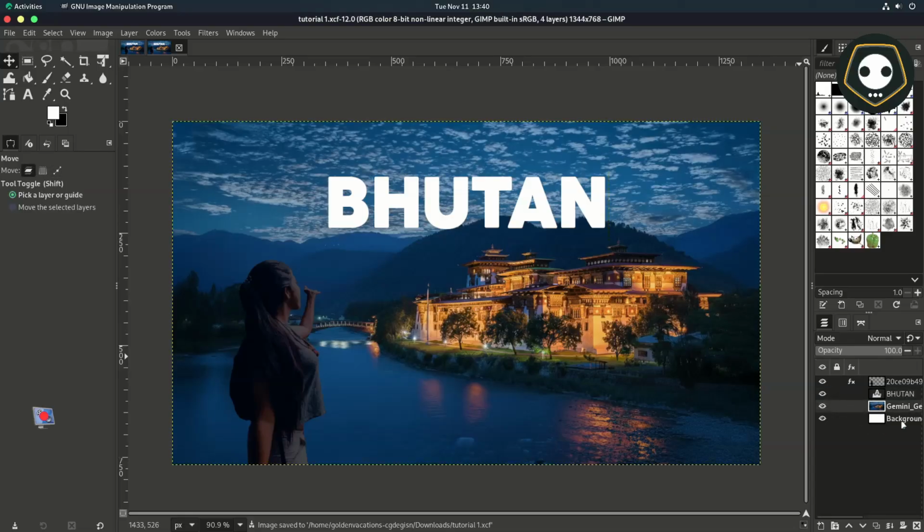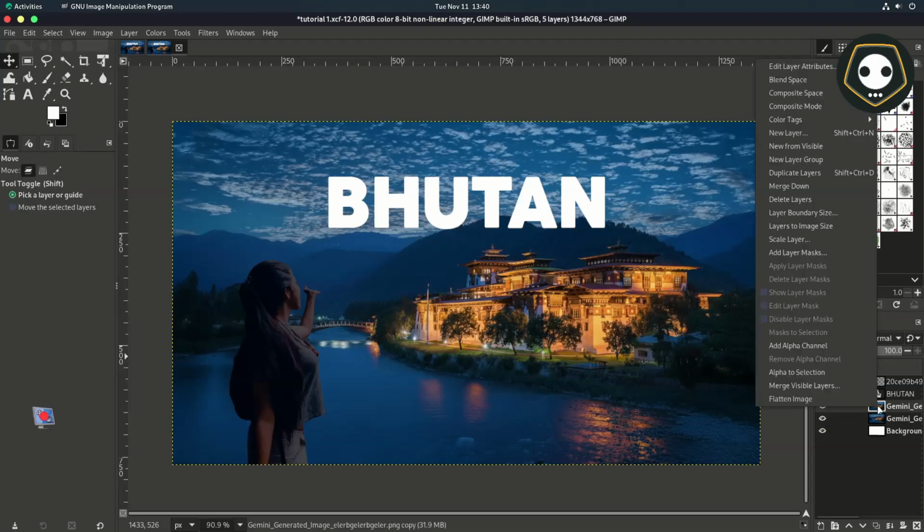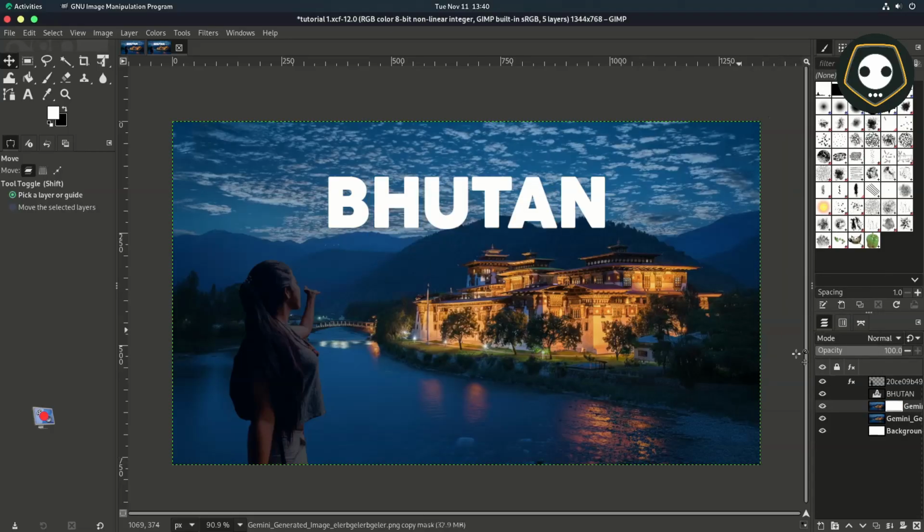So to do that, duplicate this background image, this one, and add a layer mask. The first, the upper background image, I have already added a layer mask.